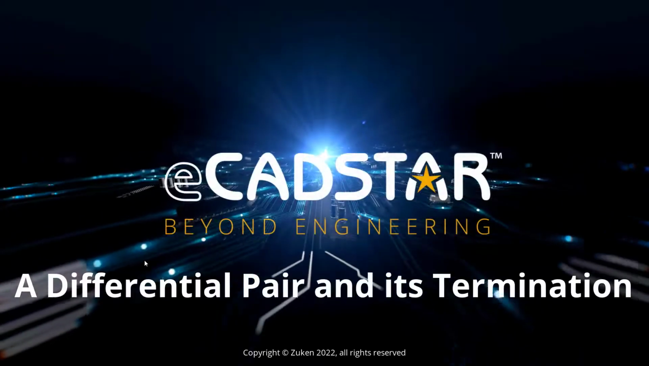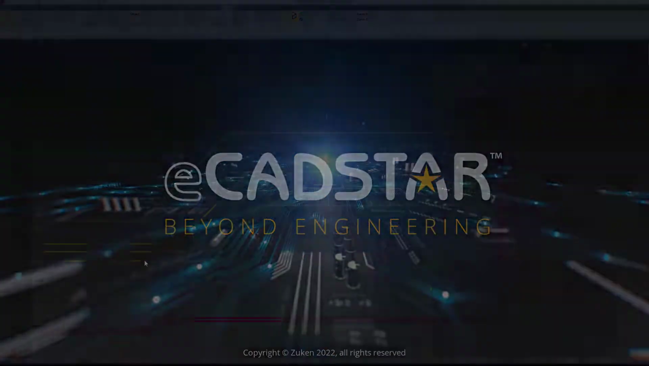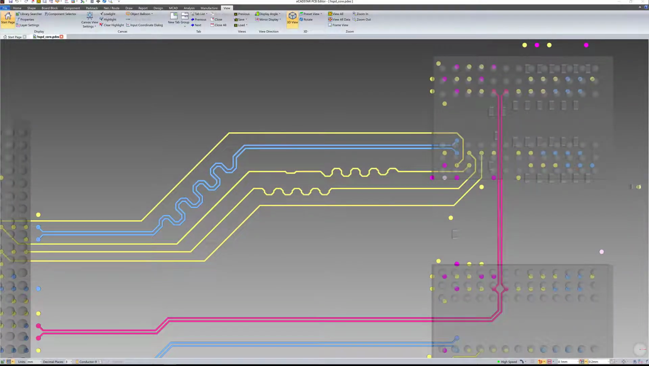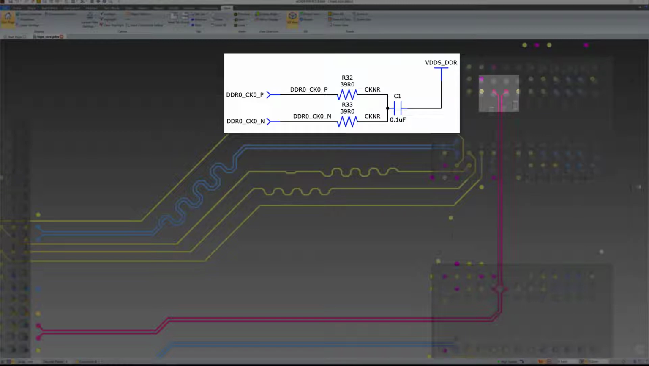A differential pair and its termination. This differential DDR4 clock signal starts at the controller. With very slight discrepancies at corners, the complementary signals travel together until they reach the first RAM. Then they fly by and continue with exact matching to the second RAM and the termination network that's placed on